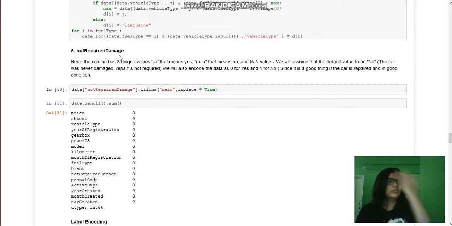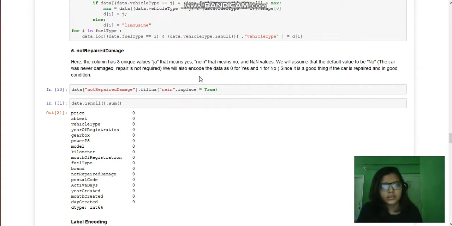Lastly, we come to not repaired damage. This column tells us whether there is damage in the car that is not repaired, a yes or no question. Since the data extracted was in German, we have ja and nein. Ja means yes in German and nein means no, and the rest are nan values. We will assume the default for all these nan values to be no, since the car didn't have damage, so it doesn't need a repair.